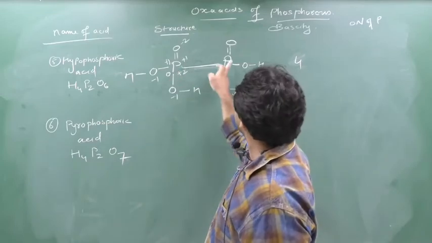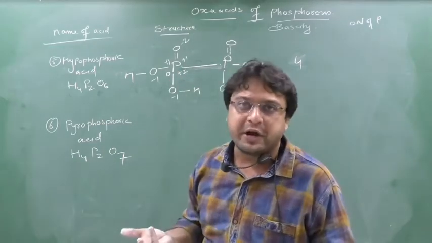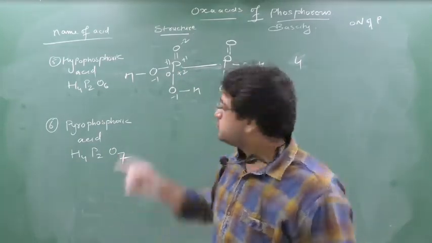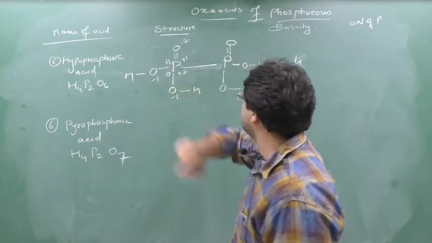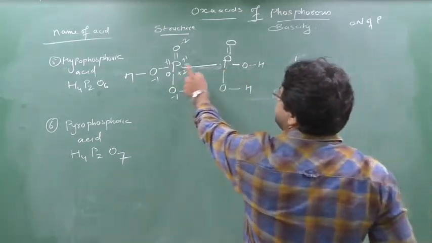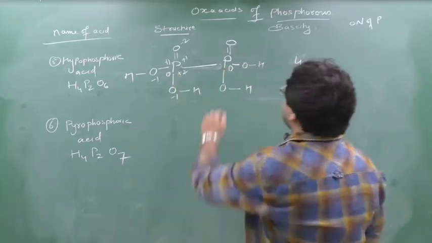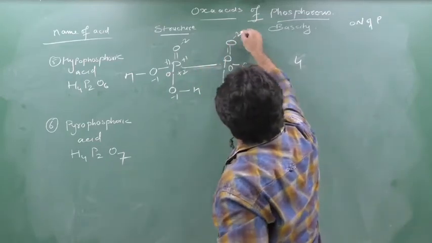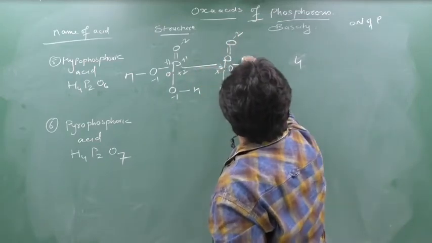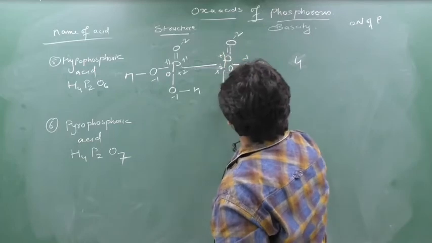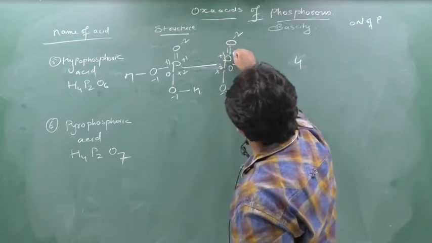But from this phosphorus and this phosphorus, both phosphorus, which is the more negative element? No, both are same, so no transfer between these two, so 0. Similarly, here, from this P and this P, 0. From this P and O, here minus 2 will come, here plus 2 will come, here minus 1, here plus 1 will come, because single bond.